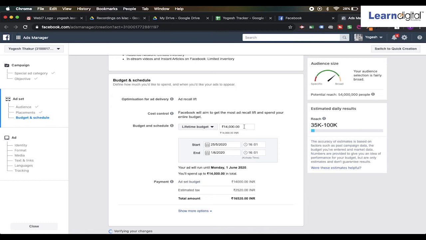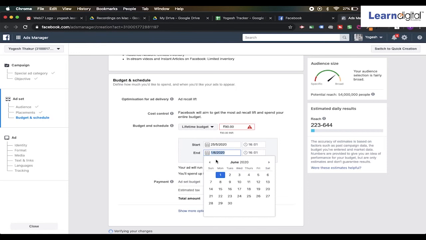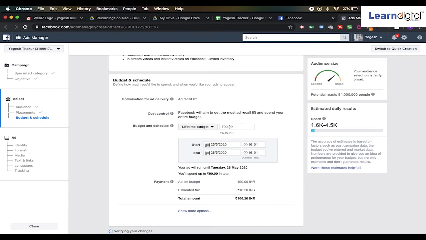Now, whatever the budget being given over here, it's not like it's going to remain the same. I can optimize this one also. The minimum that I can go for is 80 rupees, but including the taxes, I can make it 90. It gives an error: your budget must be at least 535.7 or your ads may not be delivered. Please increase your budget for this ad set. So what if I decrease the number of days? It works. So let's just put 500 and run this ad for at least a week.